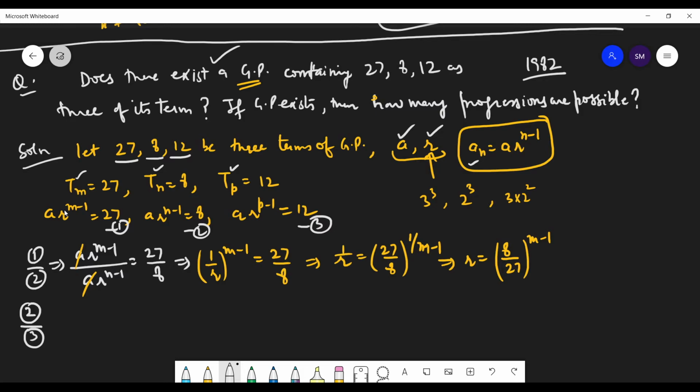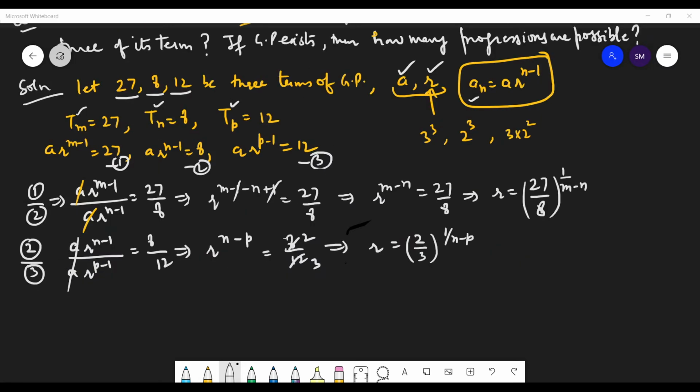So we need to see these relations. So they are in GP only if these two are the same, okay? So we are already considering them in GP. If we are considering them in GP, it means we are going to proceed with considering R equal to the common ratio, yes?